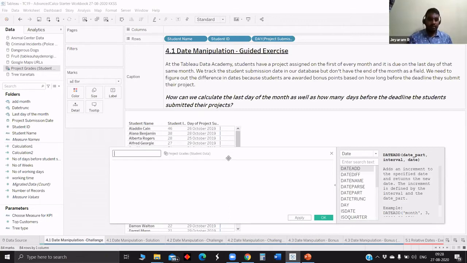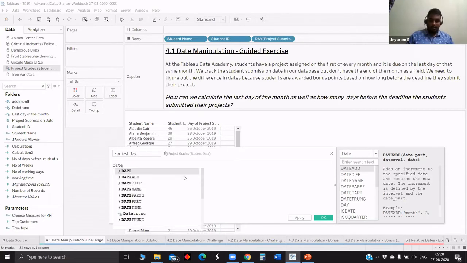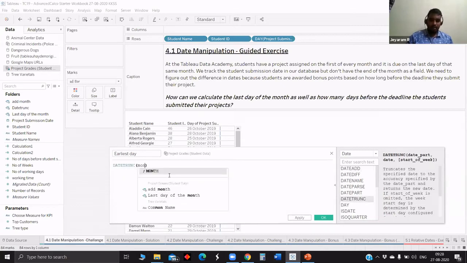Now we'll just try to execute this. First we have to get the earliest day of this month. So earliest day, DATETRUNC. We have to use DATETRUNC to truncate the month. So date part month, and what is the date? Project submission date.